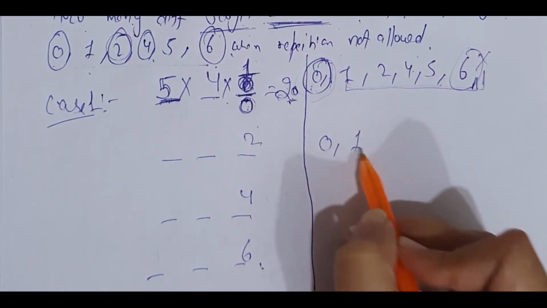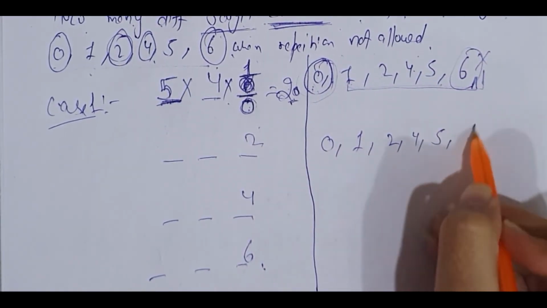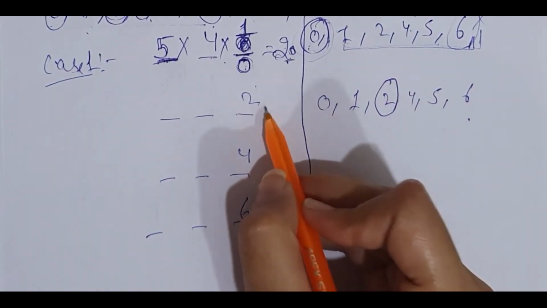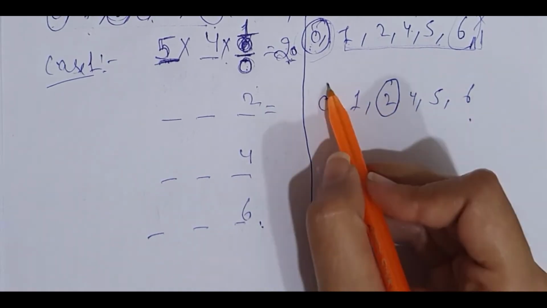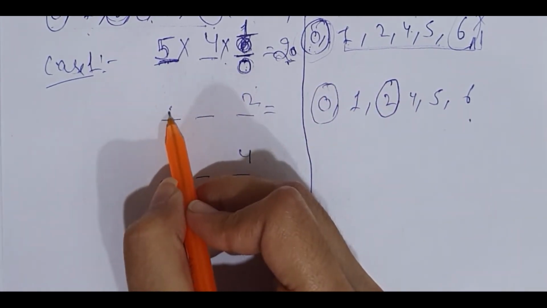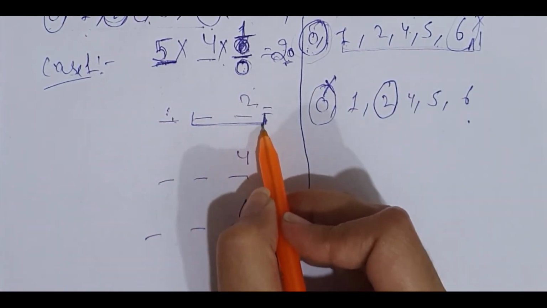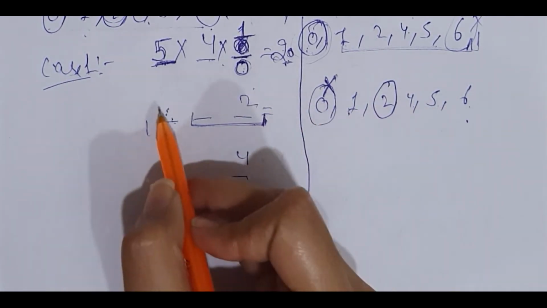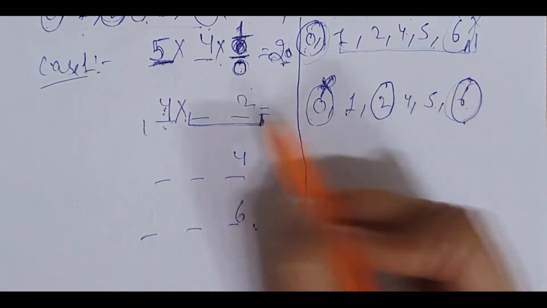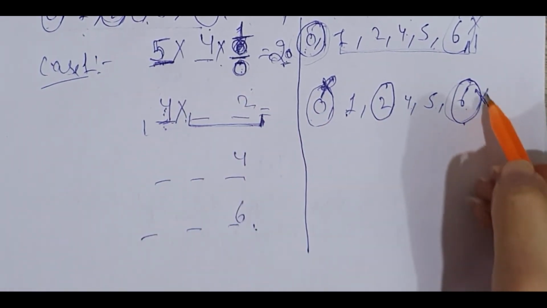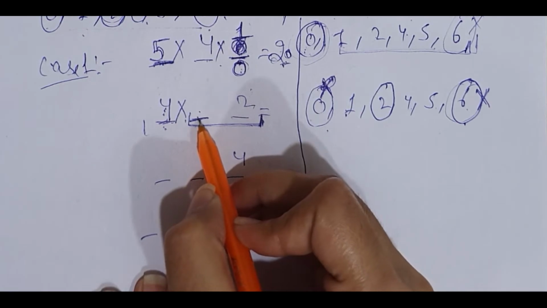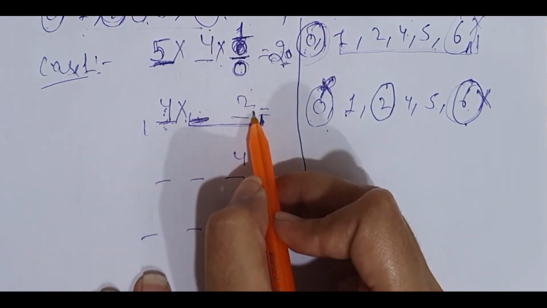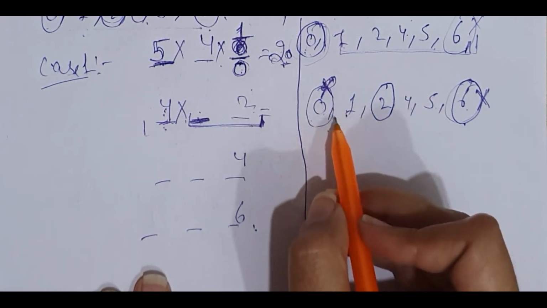Second case, if we fix this 2, then how many 3-digit numbers can be possible? This 0 can't come at this place. This will be a 2-digit number. Here how many possibilities can be possible? 1, 2, 3, 4. So suppose if I put 6 here, then we can't repeat 6. Here 0 can be there, because if 0 is on the 10th place, it will not affect the digits. So there how many possibilities can be there?